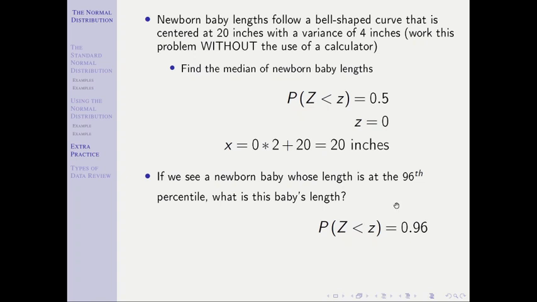If I had said I want 96% of babies to be bigger than this baby, then I would have to look up 0.04. But that's the only way to word that, where you have to subtract that from 1, is where you want something bigger than that. If you want something less than that, you're good. Or if it's a percentile, because percentiles are defined that way, we're good. We just look up that number on the inside of the table. Again, talked a lot about inside versus outside. Make sure you're straight on that and you're confident with, when I see that 0.96, I know I'm going inside, not outside.